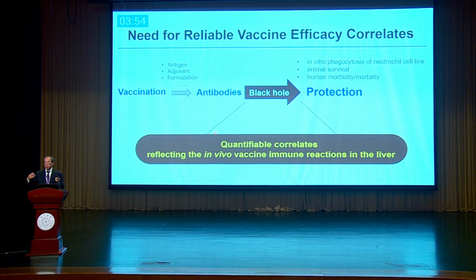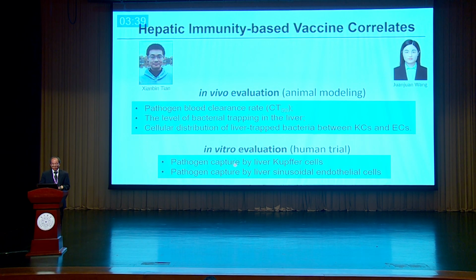It works, if it doesn't work, we don't know why. So I think some of the parameters I just showed you can be quantifiable or correlate in reflecting the in vivo vaccine immune reaction in the liver. And here, I'll just show you very briefly the work just published in Vaccine, done by Xianbin and